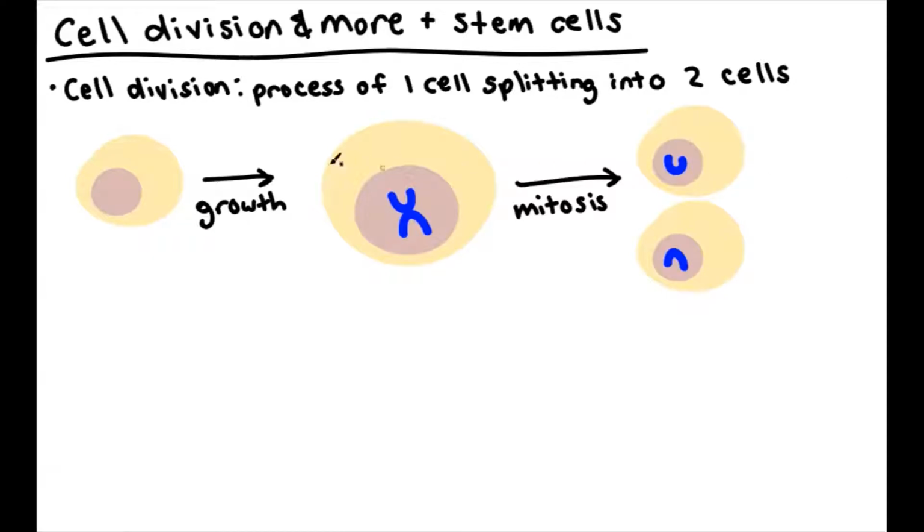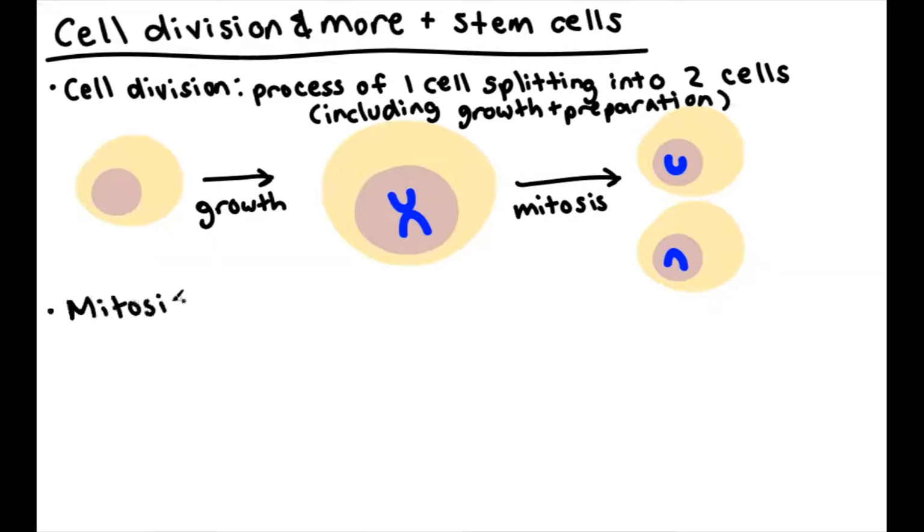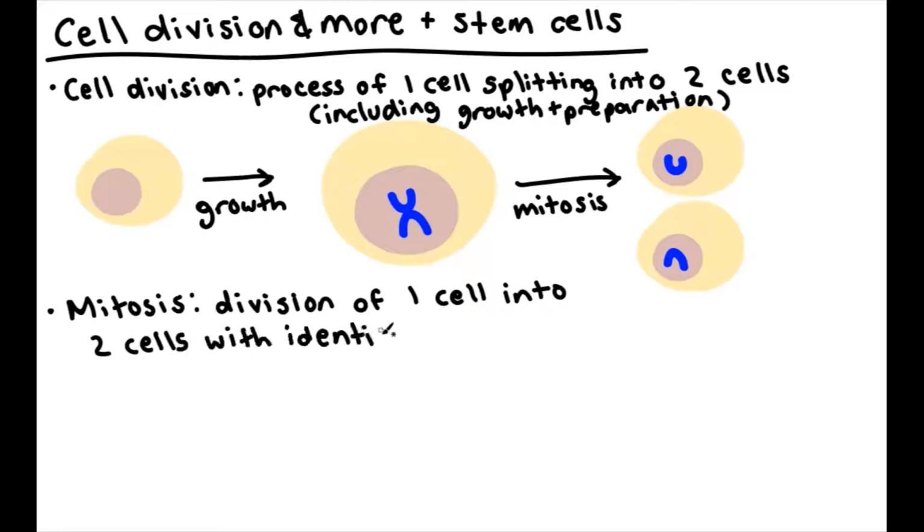Cell division and mitosis are sometimes used interchangeably, but cell division is more general and includes the entire process of growth and preparation, while mitosis is only the part where the cell actually divides into two cells with identical copies of DNA. Just as a brief overview of mitosis, here is a cell that is ready to divide